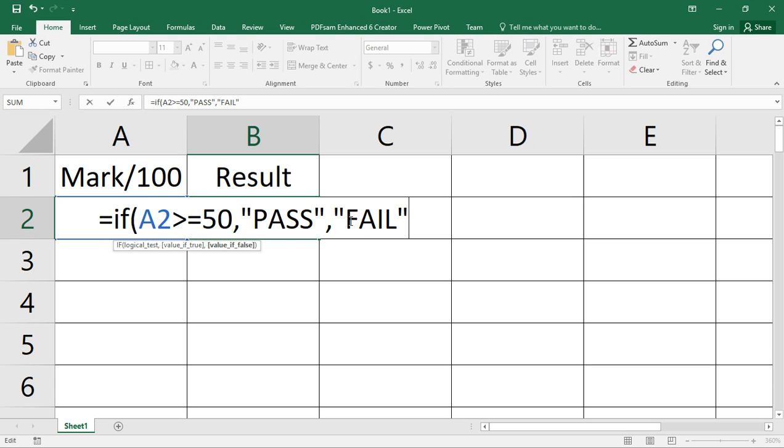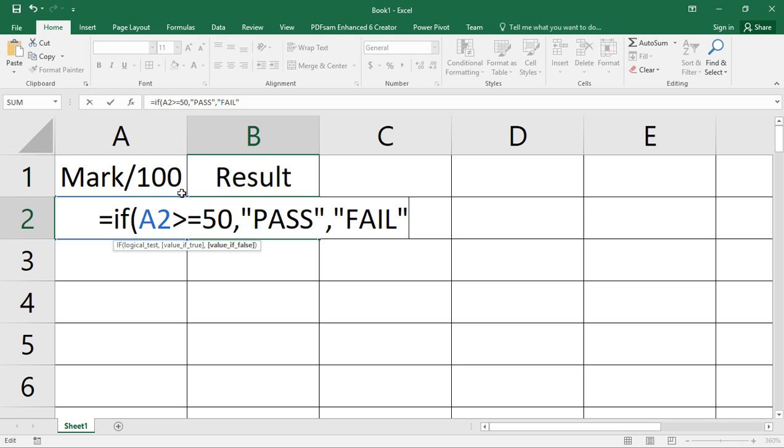When the condition is not met, now this is what is going to be printed. And when the condition is not met, that's a fail. Let me read the IF function in English. We are saying if the value in A2 is greater or equal to 50, then that's a pass.